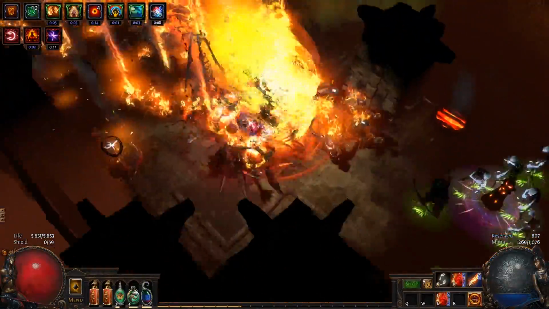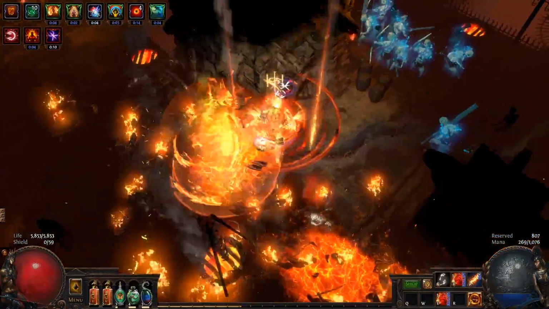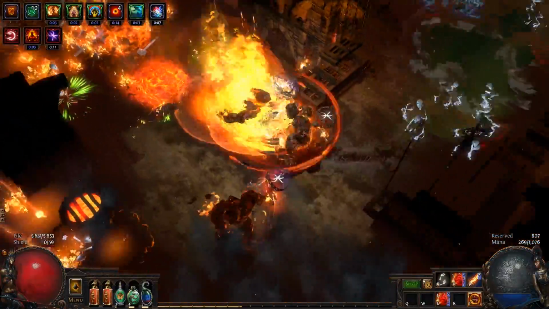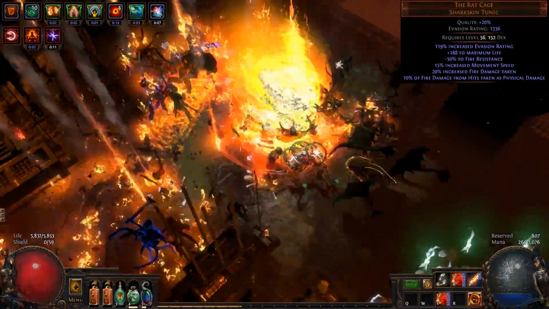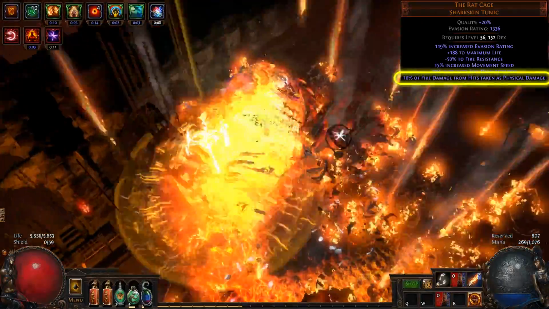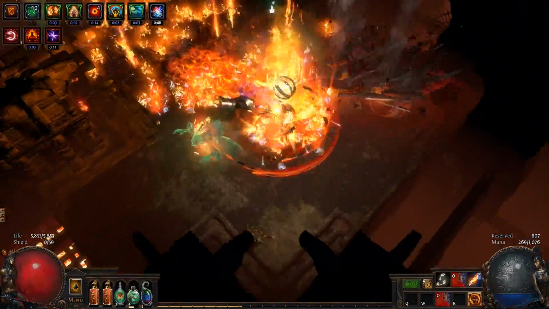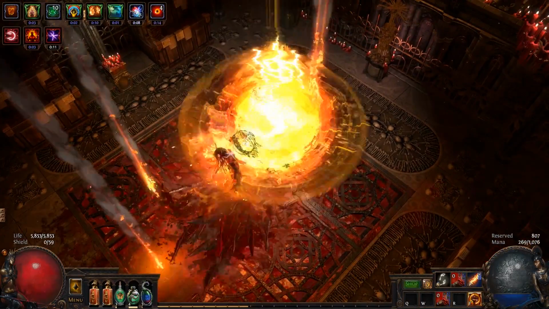Val Molten Shell explodes whenever you prevent physical damage during its duration and deals a lot of damage. Since right now you can only guarantee taking fire damage, you need to use the Rat Cage unique body armor. This item turns a portion of the fire damage you take into physical damage, triggering Val Molten Shell's explosion whenever you ignite. Val Molten Shell's duration is shorter than its soul gain prevention, so you'll want to carry a soul